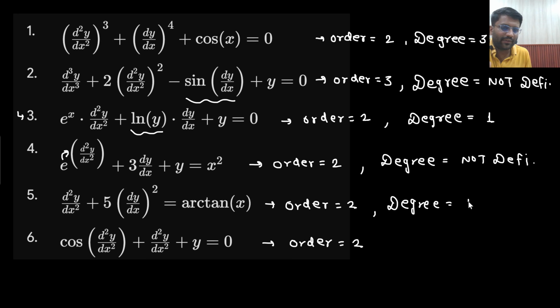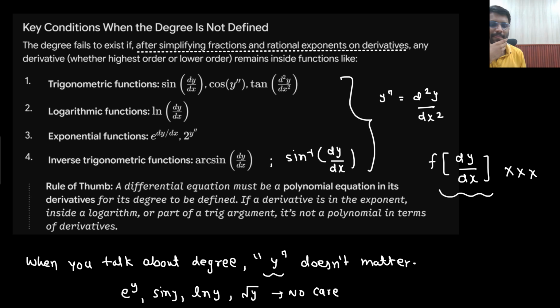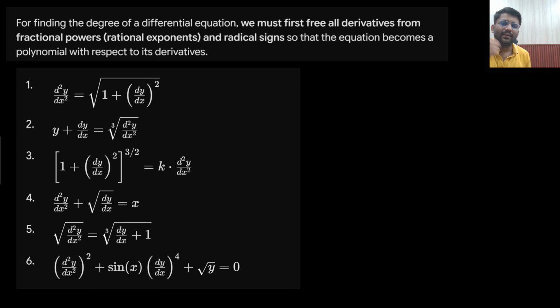What is the maximum power? Maximum power is 1. Will the degree be defined? No. It is trapped inside cosine, so degree is not defined. That's it. So this is the first rule of degree we have studied. Now there is another rule, but before that, again,